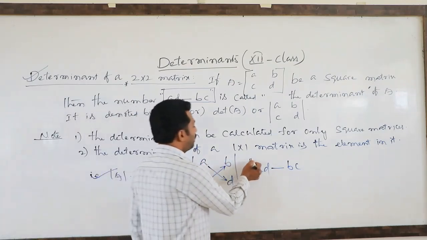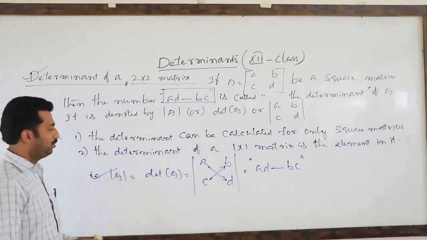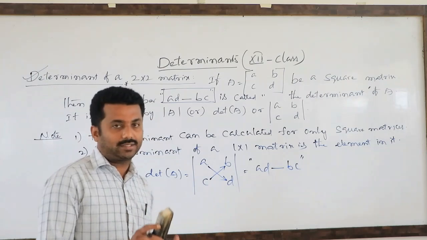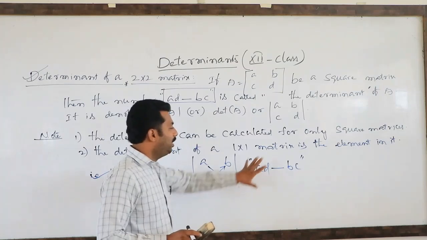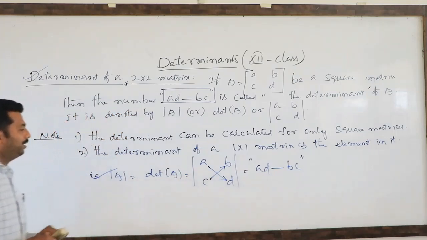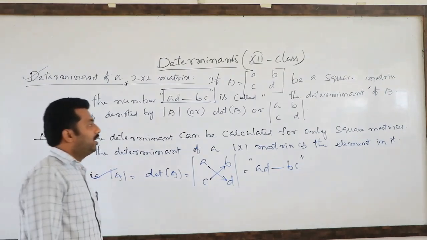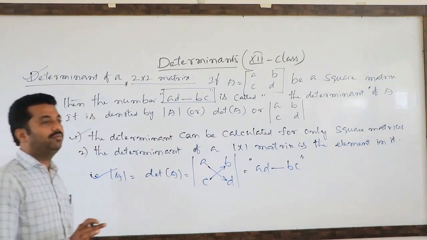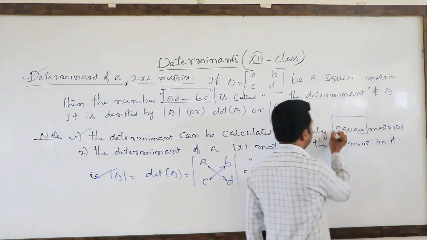The determinant of a square matrix always gives some number or some function. In matrices, if you add, subtract or multiply, you will again get a matrix, but not in this case. The determinant of one square matrix gives only one real number or one function, so that concept you have to identify. One more point you have to remember: the determinant can be calculated only for square matrices, not for rectangular matrices.